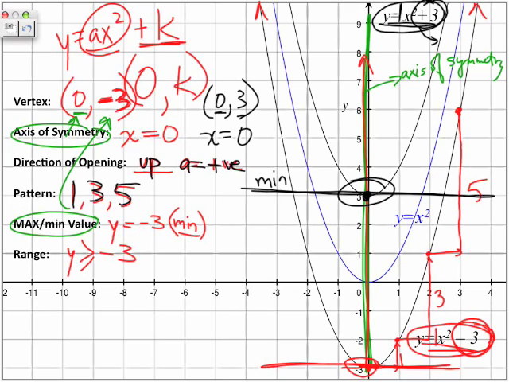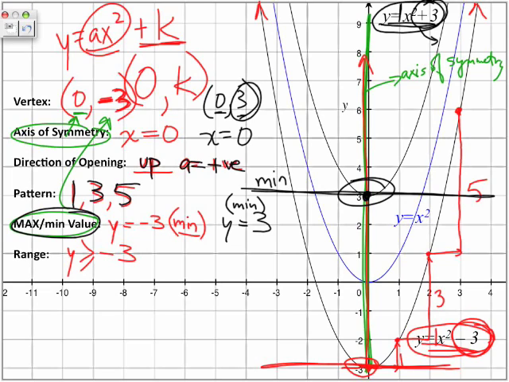Where is it at? It's at y is equal to 3. So the minimum value is at y is equal to 3. And just as we said, the maximum or minimum value can be extracted by taking the y value of the vertex. And finally, the range